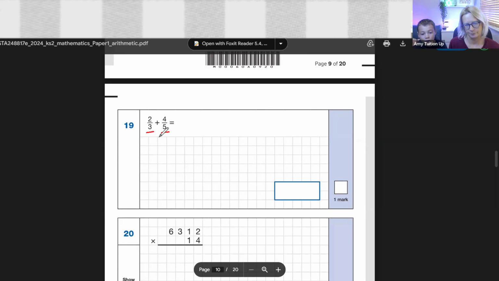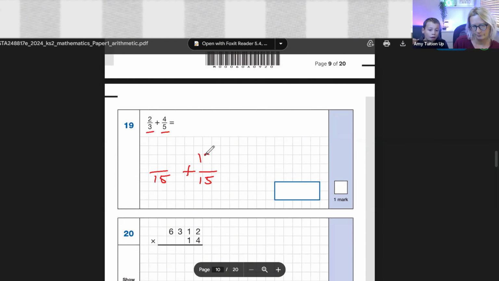So you have to find the lowest common multiple, and if you can't do that, then it is okay to just times them by each other, so they become 15ths. If you times the 2 thirds, you've got to times the bottom by 5 and the top by 5, meaning it will be 10 15ths, and then you've got to times 4 fifths by 3 on both, meaning it will be 12 15ths, so it will be 22